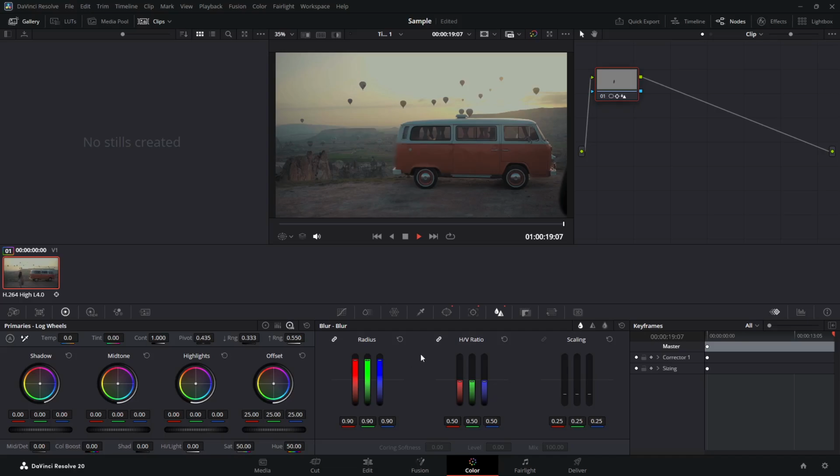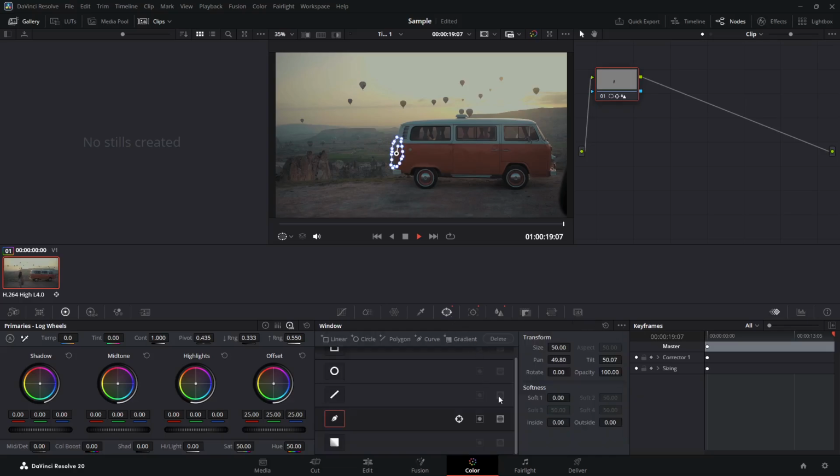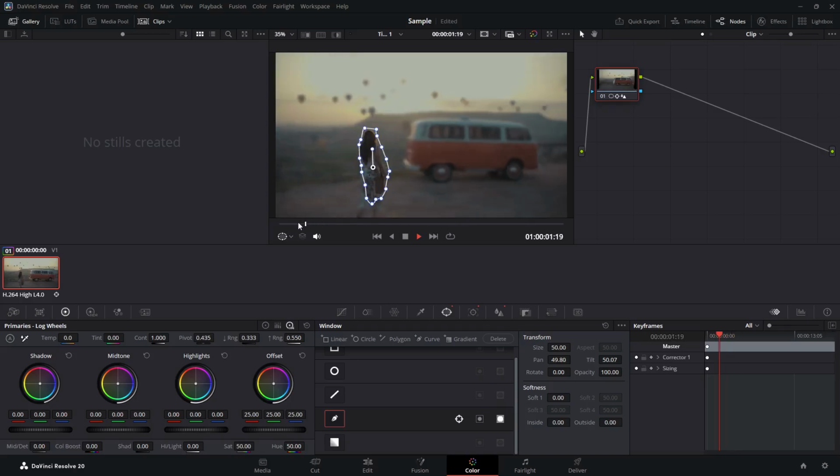Next, go back to the window option again. This time, click on the third option in the list. This setting inverts the selection, which means it will blur the background instead of the object you traced. This is the key step that creates that professional highlight effect where your subject stays sharp while everything else fades